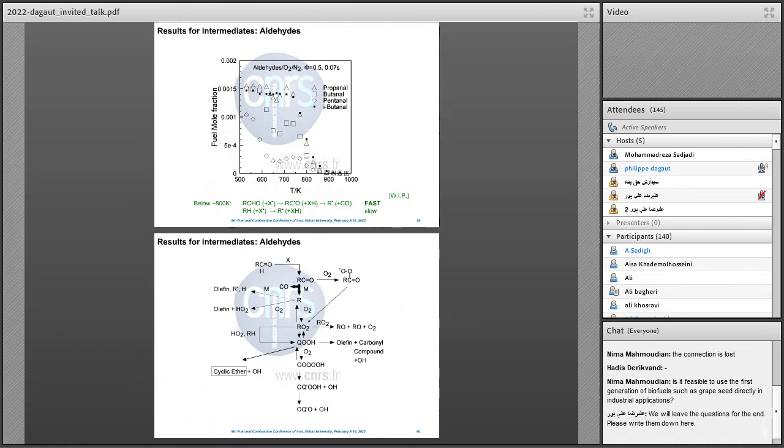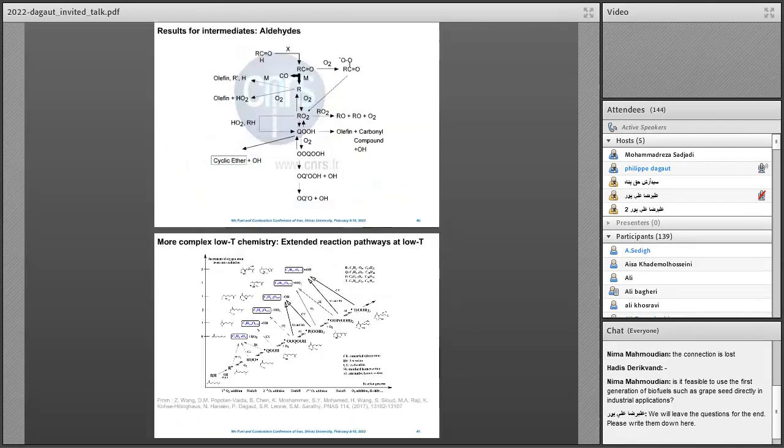We did similar things with jet fuel. I won't have time to show you that today. Because aldehydes are very important intermediates during the oxidation